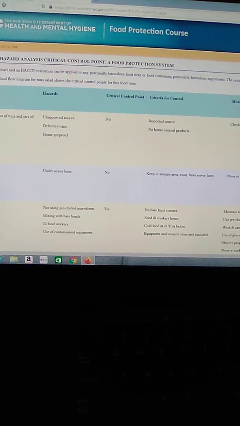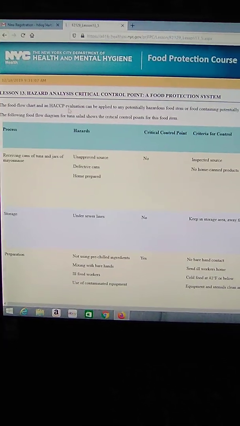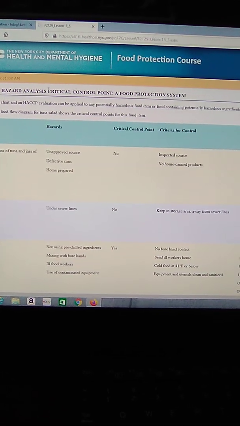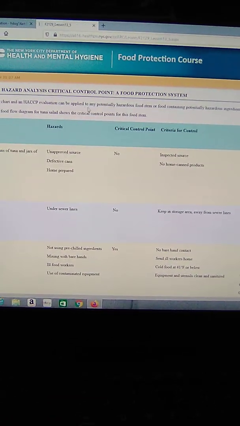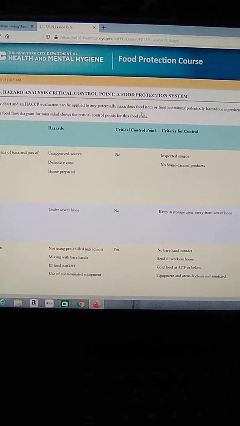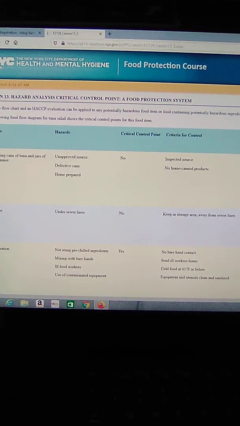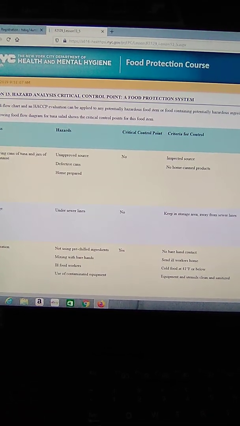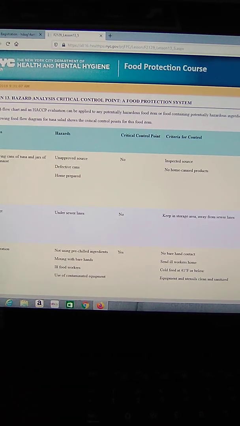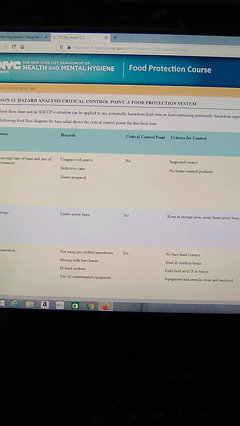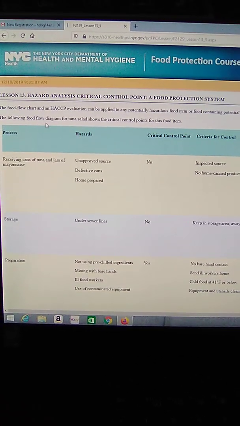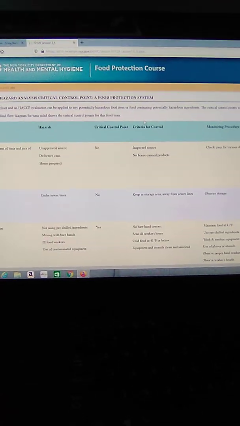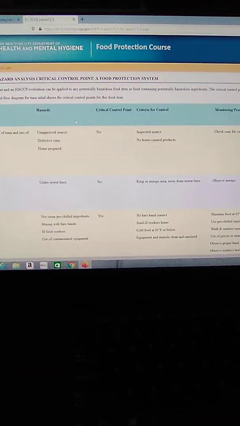Okay, and the last page, the food flow chart and the HACCP, hazard analysis, critical control point evaluation can be applied to any potentially hazardous food item or food containing potentially hazardous ingredients. The critical control points will vary in foods depending on the ingredients, method of preparation, and whether served hot or cold. The following food flow diagram for tuna salad shows the critical control points for this food item. All right, so this is a chart for tuna